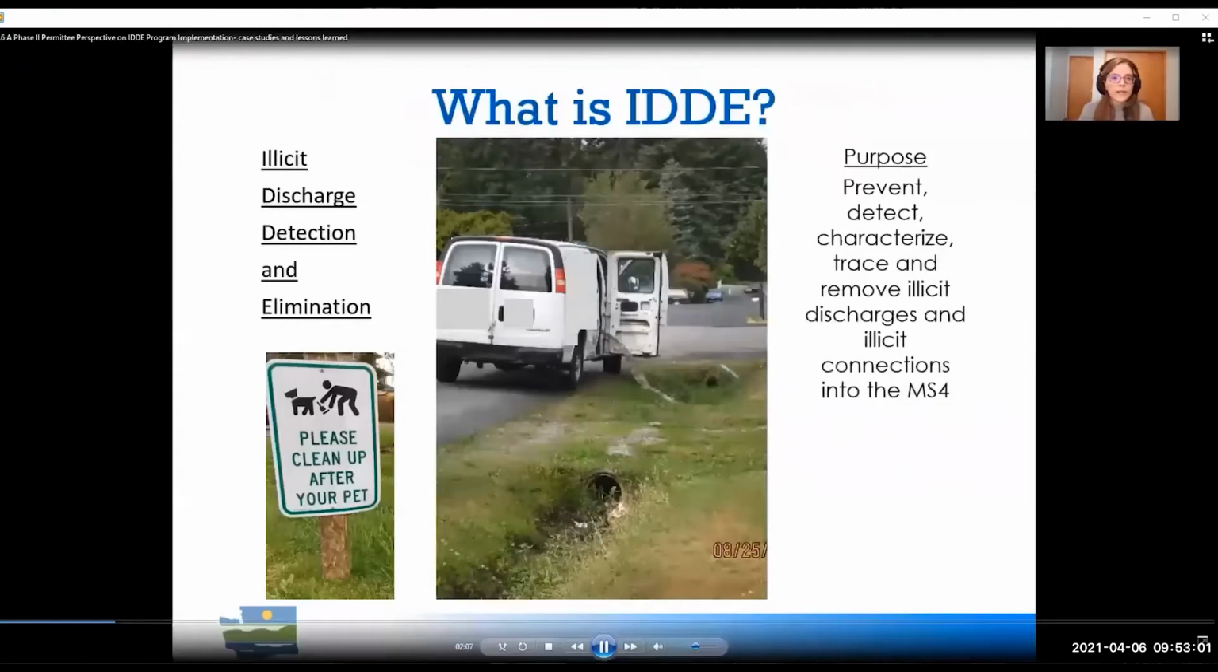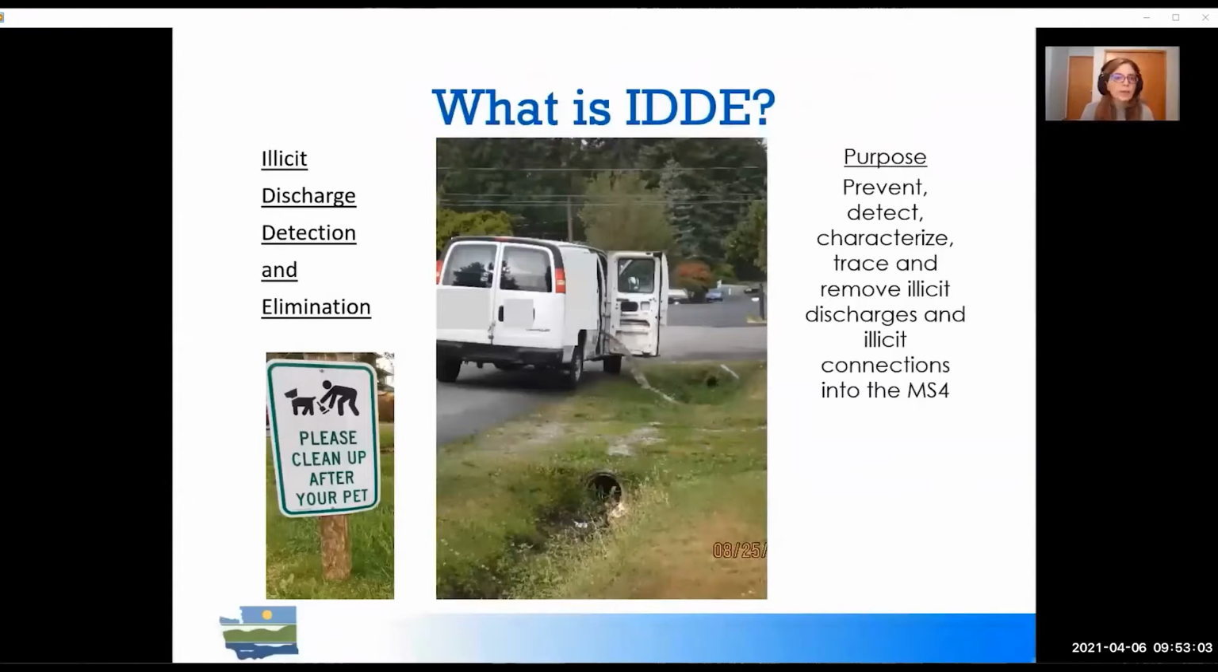As the permit states, the IDDE program's purpose is to prevent, detect, characterize, trace, and remove illicit discharges and illicit connections into the MS4. Essentially, an illicit discharge is any discharge to an MS4 that is not composed entirely of stormwater. However, there are certain non-stormwater allowable discharges specified in the permit. For example, uncontaminated crawl space pump water is an allowable discharge. The permit also includes conditionally allowable discharges, such as lawn watering discharges, provided these are minimized through education outreach and